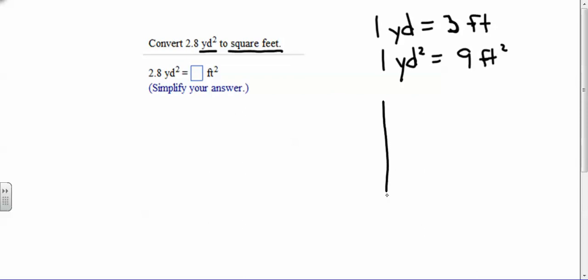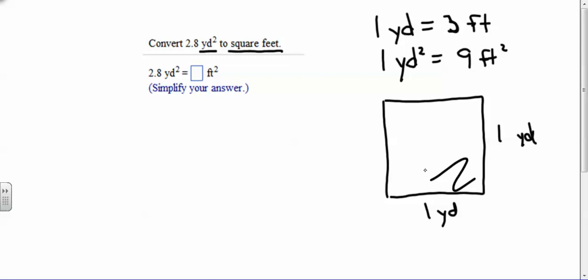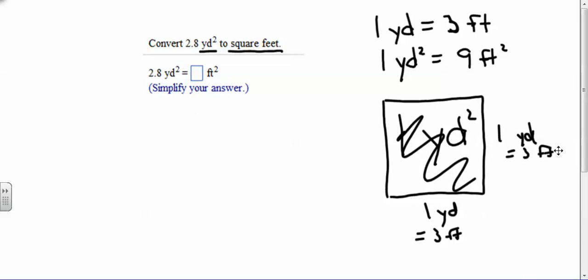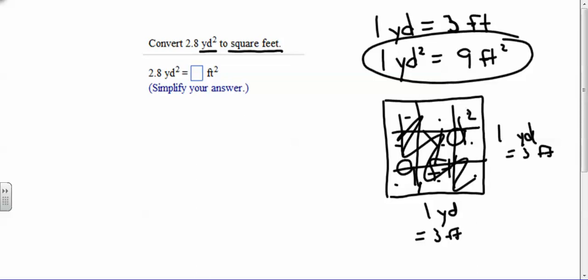Now you could visualize this, pretend that this square has a length of 1 yard and a width of 1 yard, thus its area would be 1 square yard. But 1 yard is equivalent to 3 feet. So really this square is 3 feet by 3 feet, and 3 feet times 3 feet would be 9 square feet. So inside of that 1 square yard, you actually have 1, 2, 3, 4, 5, 6, 7, 8, 9 square feet. So that's key. In order to do the problem, you'd have to know that 1 square yard is 9 square